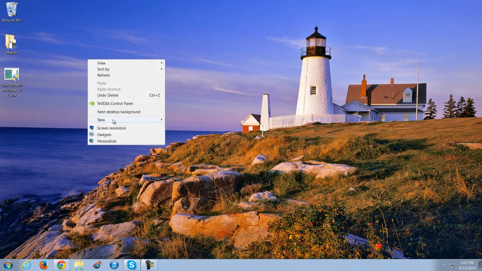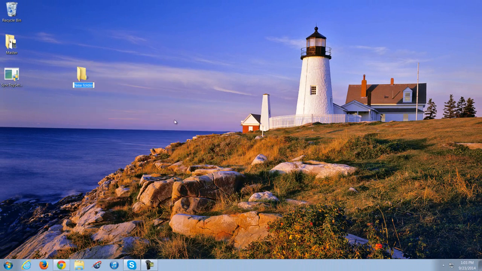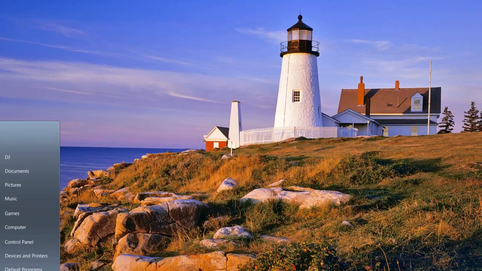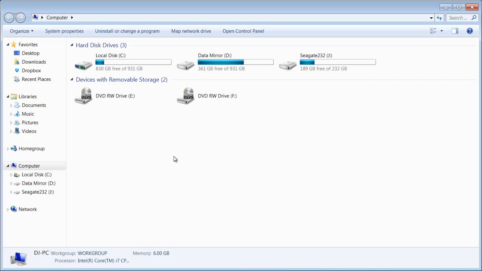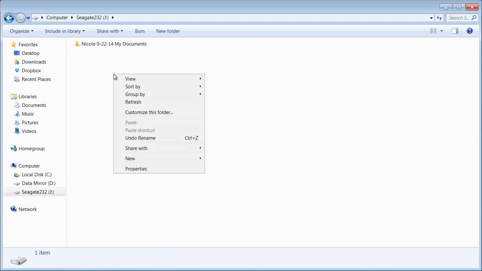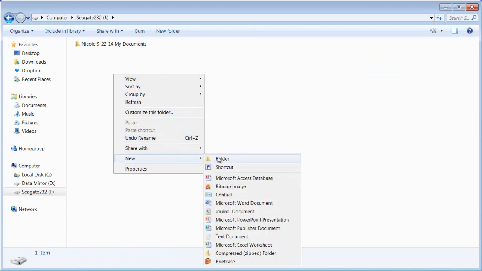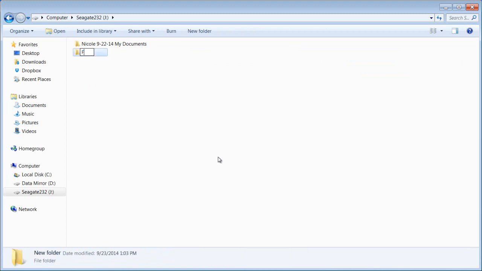Right here on the desktop, I'm going to create a new folder, and we're going to call this one Folder A. I'll keep this one here. I'm also going to navigate to an external hard drive, and I'm going to create another folder on the external drive, and we're going to call this one